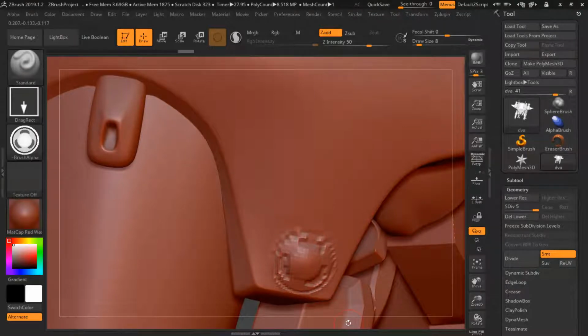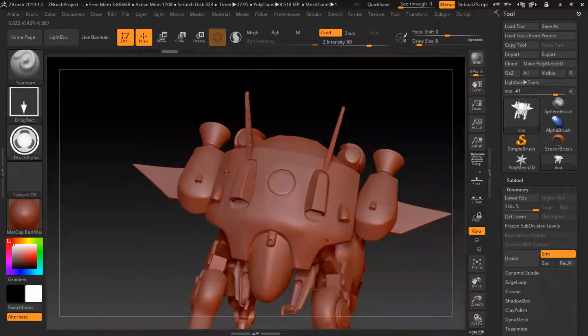So what you have to do is split your model into parts. But sir, if I split my model into parts and try to export, it's exporting just part by part. How can I export everything to Maya again? You have to merge it again. Each and every part I can merge, or is there any other way? No, not like that.